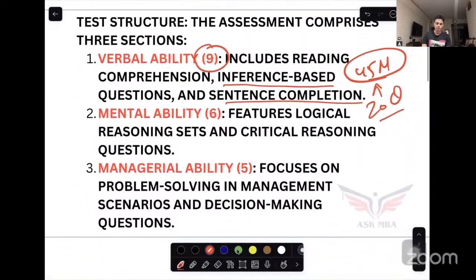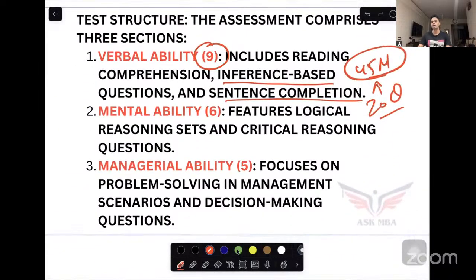Once again, I'll go back to that slide, guys. Make sure that for verbal ability, do not imagine it's going to be just like critical reasoning. Try to focus on reading comprehension, sentence completion, summary based questions, inference based questions. For mental ability, of course, here you can expect critical reasoning kind of questions, verbal ability kind of questions, and maybe a small puzzle. For managerial ability, I've given you a few scenarios, without options, and here decision making questions are going to be there. I hope after this live, the doubt about how to prepare and what you can expect is clarified.